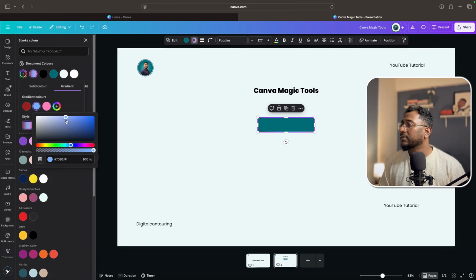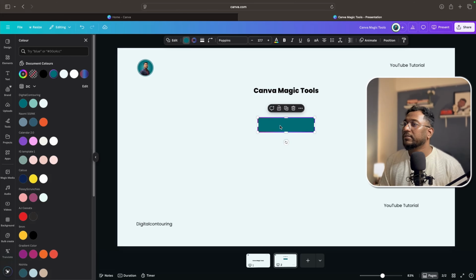I will choose more vibrant colors so it will be visible. Okay, this looks good. Let's go with one more dark color, because the background is white, that's why I'm selecting dark colors. And let's make the box transparent from the inside like this, and I can make it rounded corner